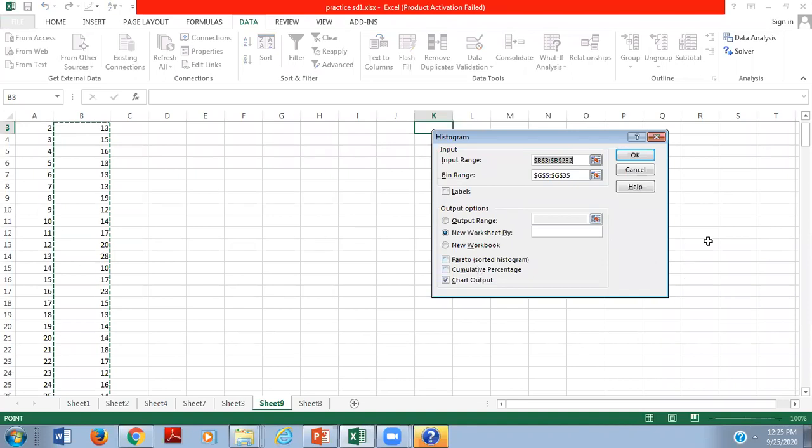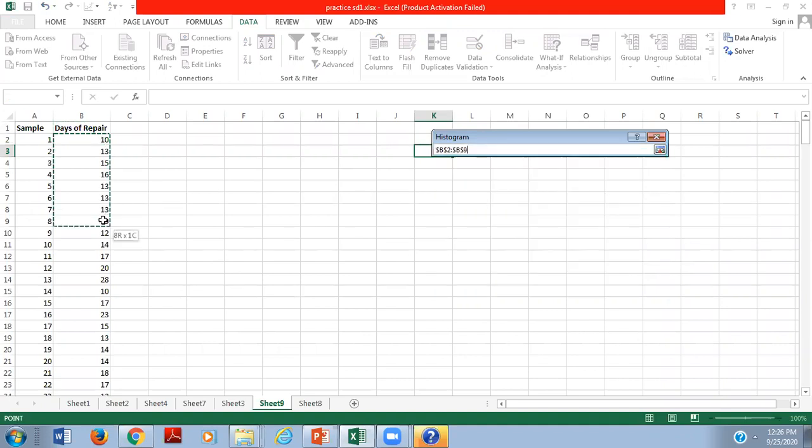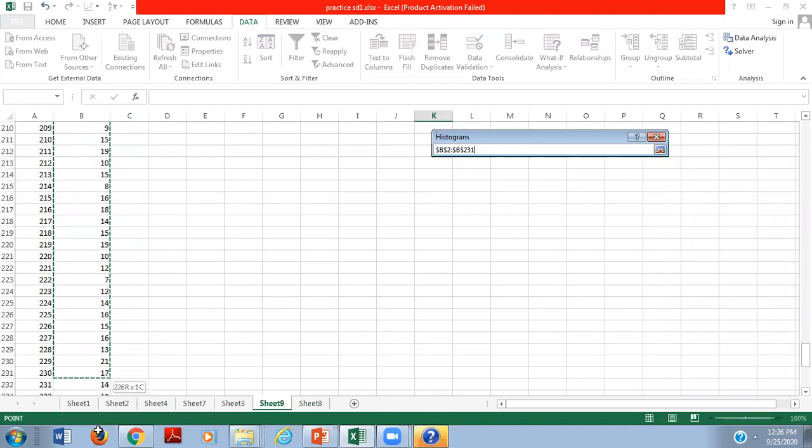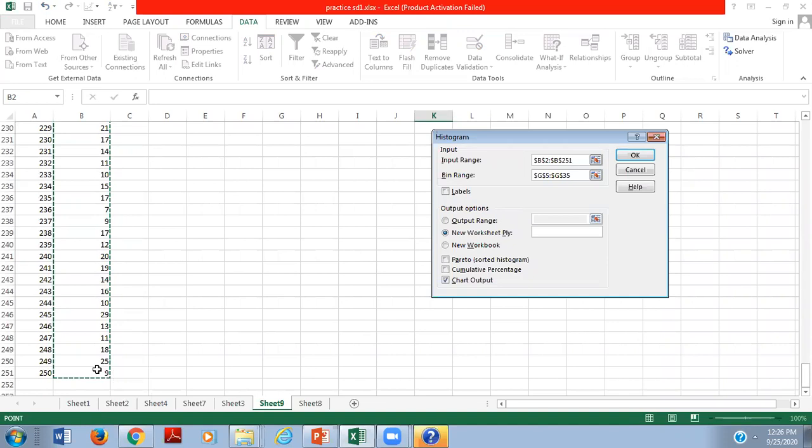We have to define the range for our analysis purpose, right? So from sample one, we have to take the input range up to 250, right?